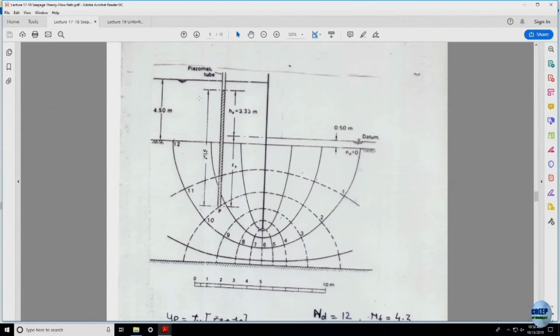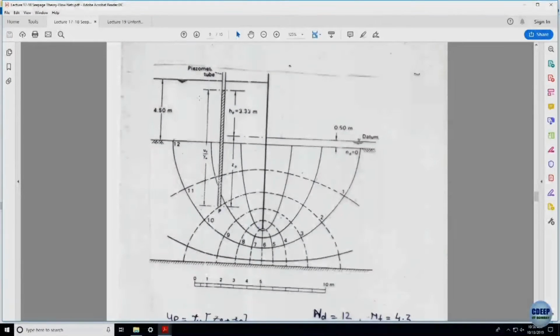I can work out the pore pressure, and just now I discussed how to obtain the pore pressure at a given point. Remember, each equipotential line defines the total head. So, if you know the elevation head of the point, total head minus elevation head will give you the pore pressure. There is a simple example which I thought I will discuss over here. These problems I have taken from the Craig's book. So, my suggestion is please follow either Craig book or any other book, whatever you might be having access to.